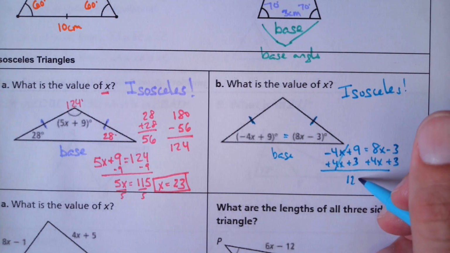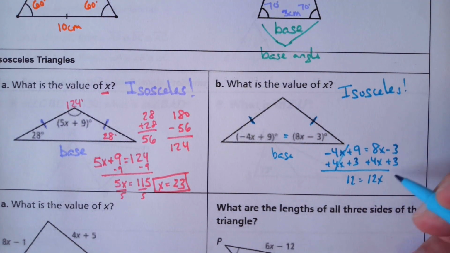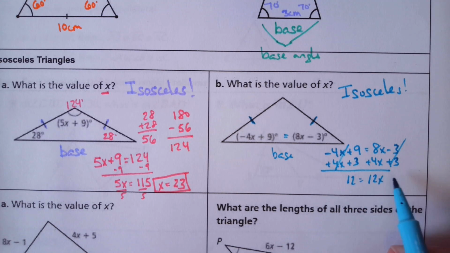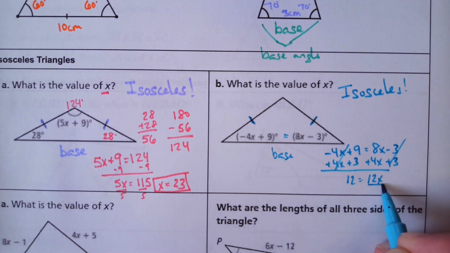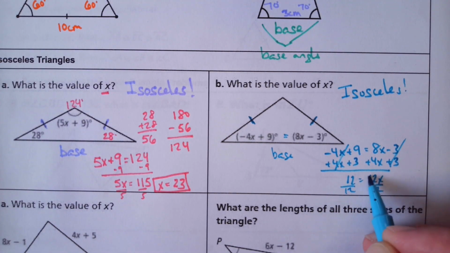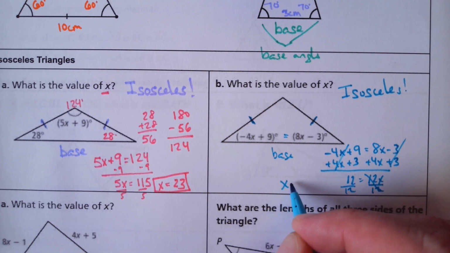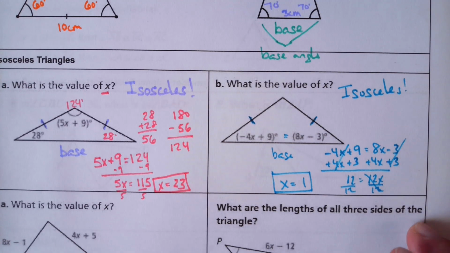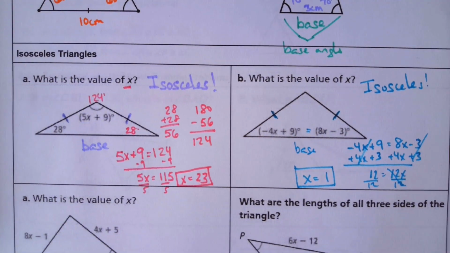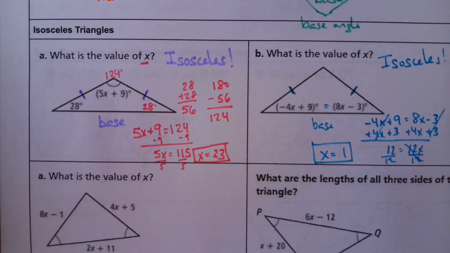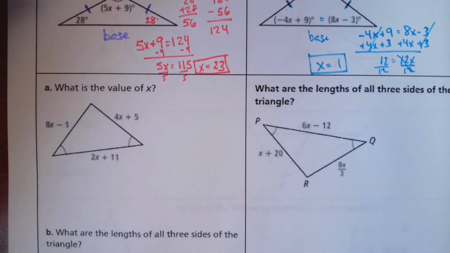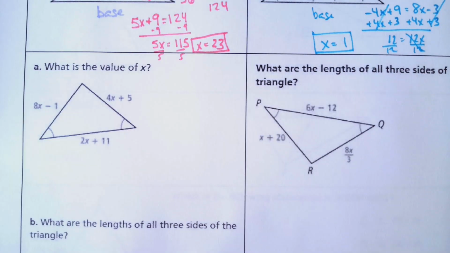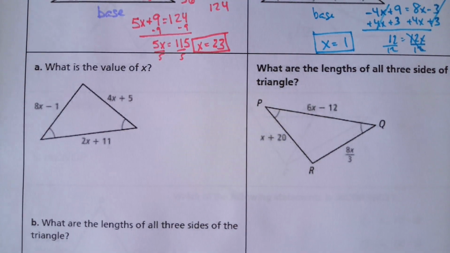0, 12, 12x, and 0. So 12 is equal to 12x. I'll divide by that 12. So x is going to be 1. Okay. All right, so now this time,